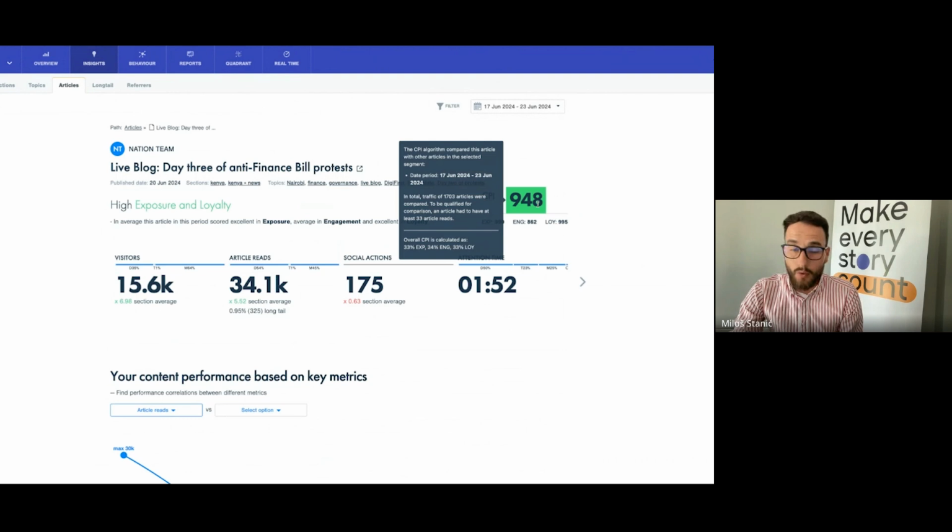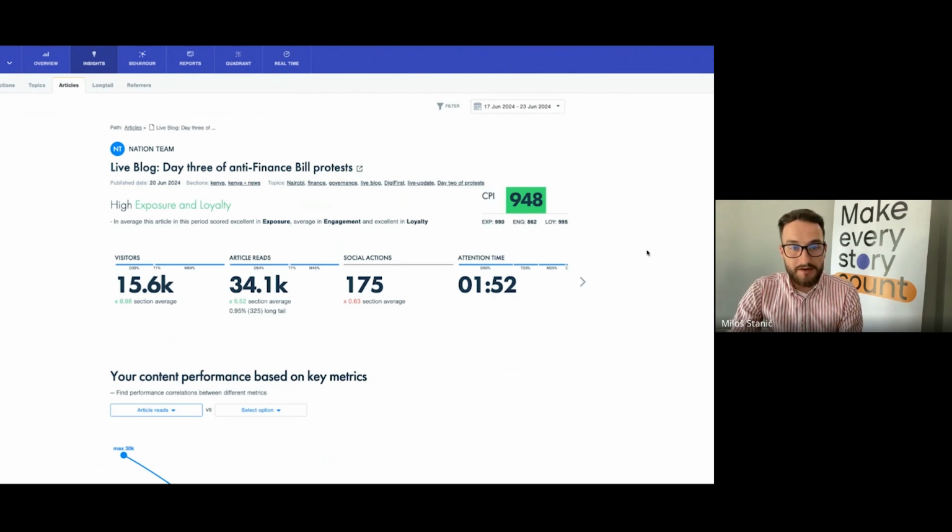So the CPI is always a number between 0 and 1,000, where 500 is the median value. So 500 is the most average, let's say, performance on your website. Everything above 500 is performing above average. Everything below is below average in terms of performance. So what you need to know when you're looking at how good something is, how likely something is to convert, is engagement and loyalty, because these two sub CPIs tell you how attentively people are reading the content and how loyal